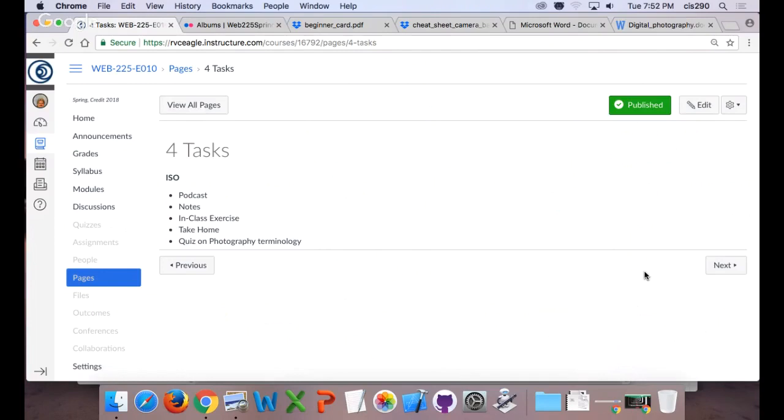It's the only one you have this semester, a quiz on terminology. It's open notes, and you just have to take a quick quiz take-home. And then we'll do an in-class exercise on Google Photos. If you don't already have that, we'll do a quick, here's how to get into Google Photos. And one of the reasons why I think it's important to use all the photo tools, like most of you use in Flickr,